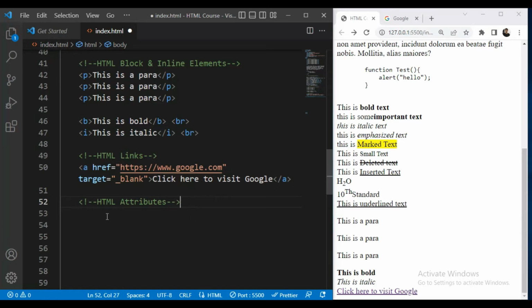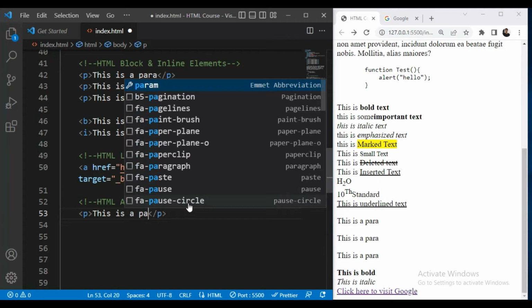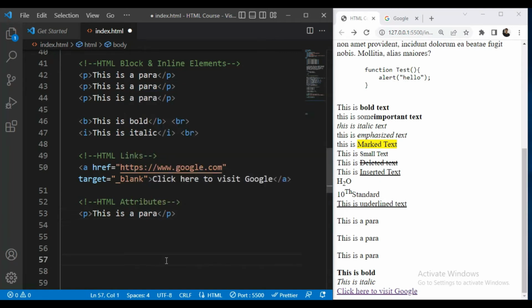Now we have already seen the example of attribute. An attribute has a name and it contains a value. So for example, here I will take P element and I will write this is a para. Let us save this.